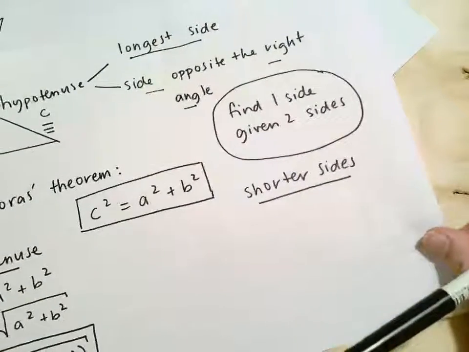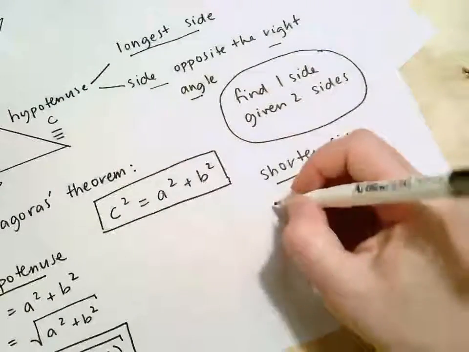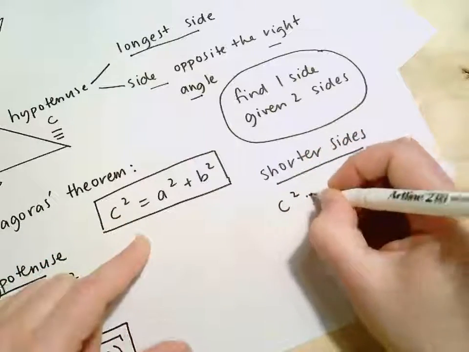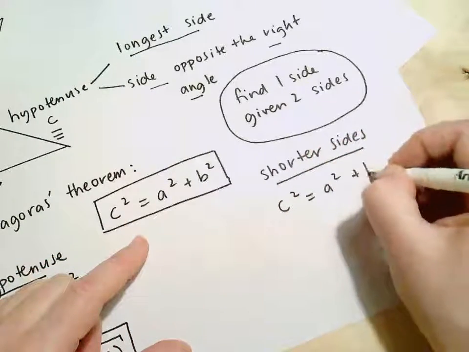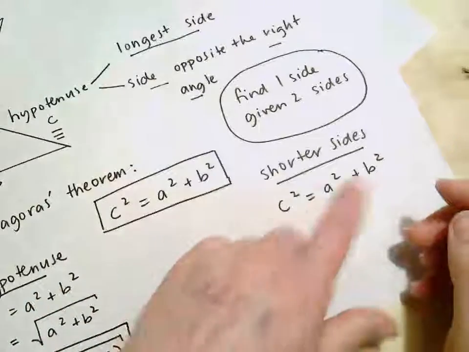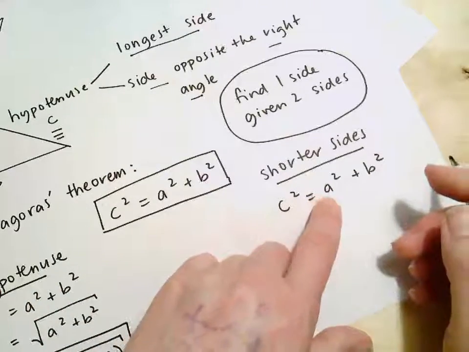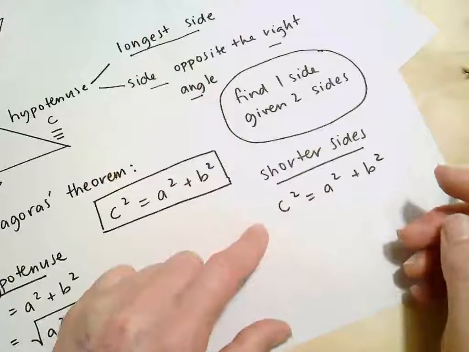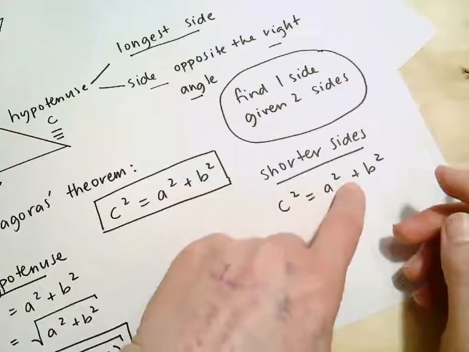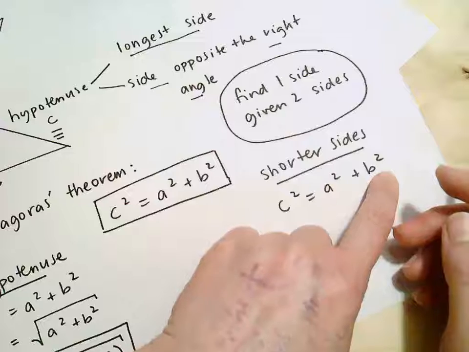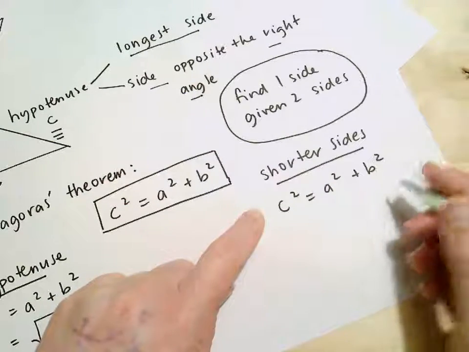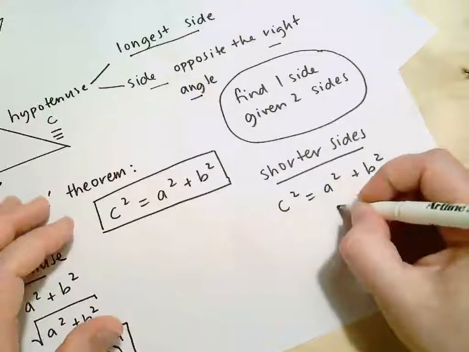For the shorter sides, it's not quite as straightforward, but it's pretty straightforward still. So our original formula was C squared equals A squared plus B squared. In this case, we're trying to find A or B though. So to get A squared or B squared on its own first, we need to move the other one to the other side. Now these are both adding, so add B squared. So to move it to the other side, we use the inverse, which is subtract. So if we're just trying to get A squared on its own,